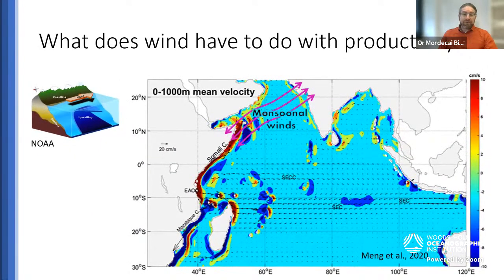And there are very few wind systems as powerful as the monsoonal winds. And as we can see on this map of velocities, this results in these very strong jet systems and vertical movement along the Eastern African shelf and the Arabian coast, which we sometimes call the Findlater jets. And they sustain this very strong upwelling system. So productivity is driven by nutrients, nutrient supply is driven by upwelling in this area, and upwelling is driven by wind.